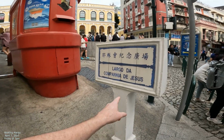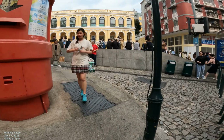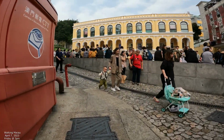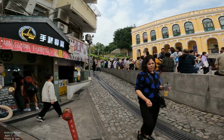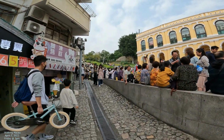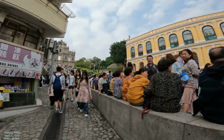Okay, so this is called Largo de Companhia de Jesus. And we're going to go up the street, which is right up this one. And we're going to give you a little context before we even go up. There's São Paulo ruins, so we'll probably just try to explore a little bit around this whole area, also up